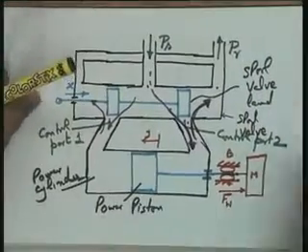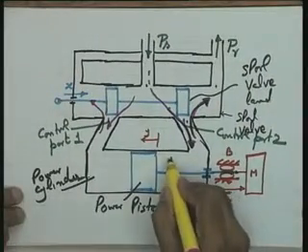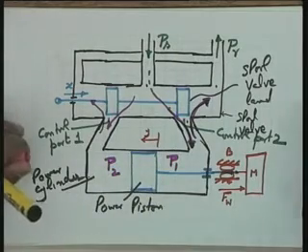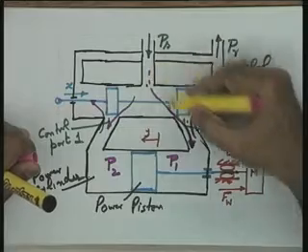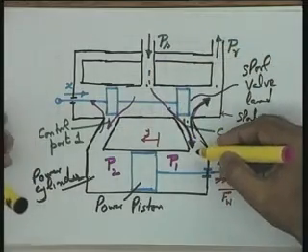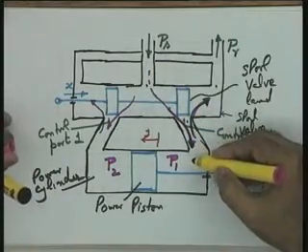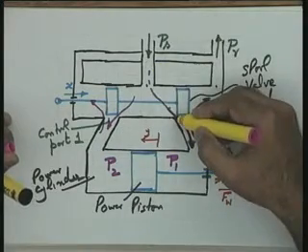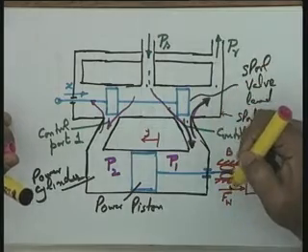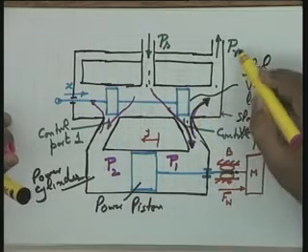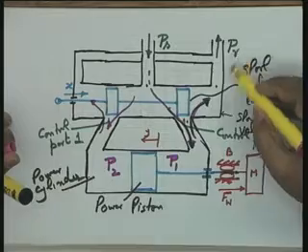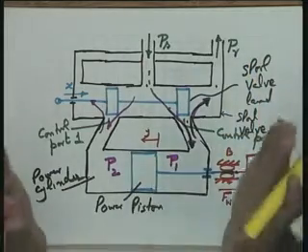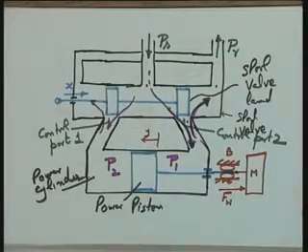Now, if I assume the pressure on this side to be P1 and the pressure on this side to be P2, help me please, what is the pressure as far as the leakage flow into the system is concerned? It is Ps minus P1. I need your attention please. Ps minus P1 is the pressure as far as leakage into the chamber is concerned. Similarly, P1 minus PR is the pressure as far as leakage out of the chamber is concerned, and you have seen the relationship. If these two pressures are equal, the two flows will be equal.